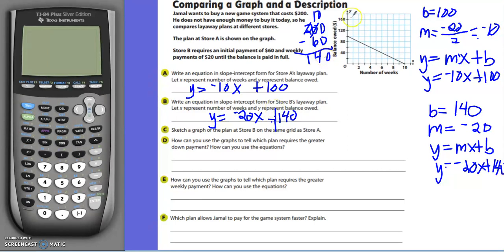Alright, so if we start at 140, and we are going to go down 20, and we're going to go over 1, and we go down 20, over 1, down 20, over 1, down 20, over 1, down 20, over 1. Form our best straight line. Okay, this is going to be